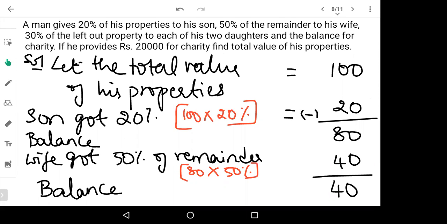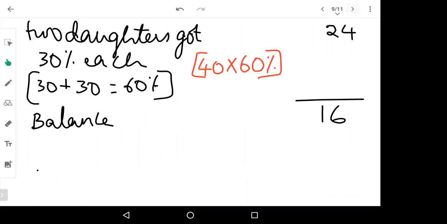Okay. Now, we started with 100%. 20% was given to son. 40, that is 50% of the remainder was given to wife. Then again, 30% was given to one daughter, 30% was given to the other daughter. Now, what is remaining with us? This 16. For 16, if he is giving it to the charity, provided to charity,